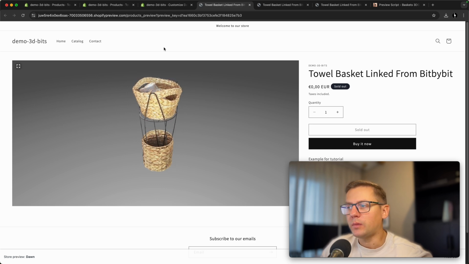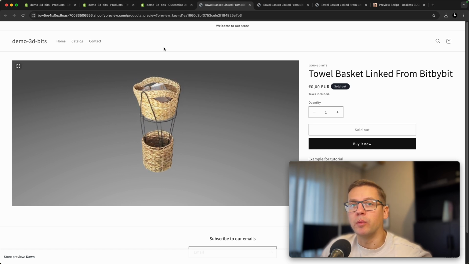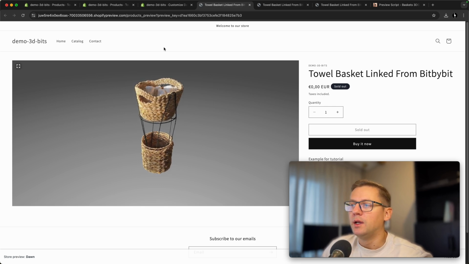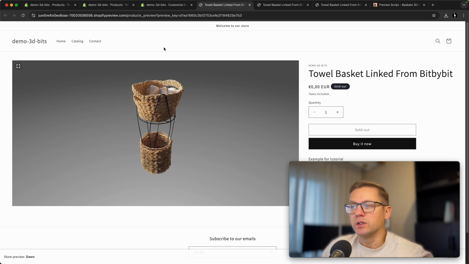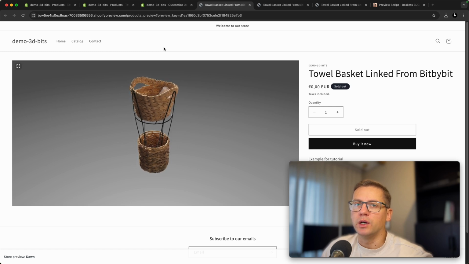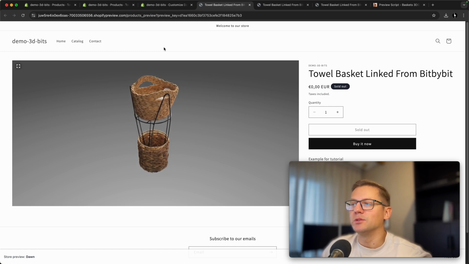Keep in mind also that these scripts are public. That means that everyone can access them also from BitByBit, right? So maybe sometimes this is not exactly what you want. And in the situations where you want to create your custom experiences that do not involve editors at all, then just use the viewer,